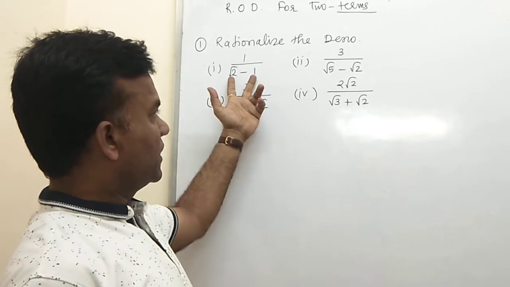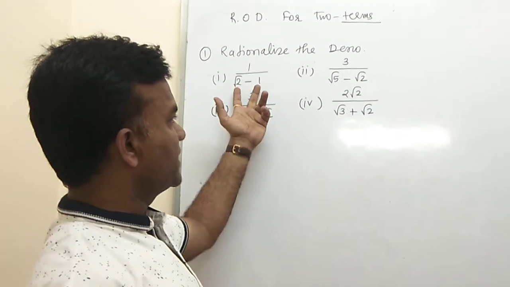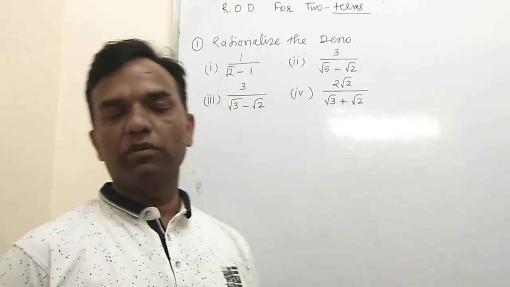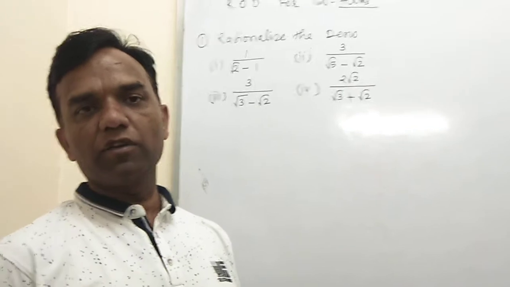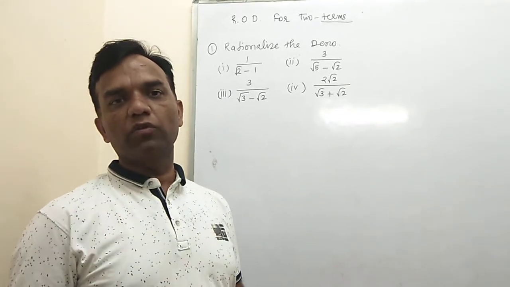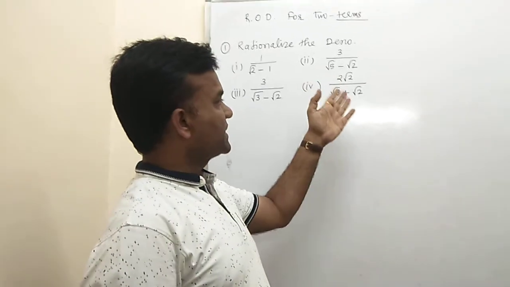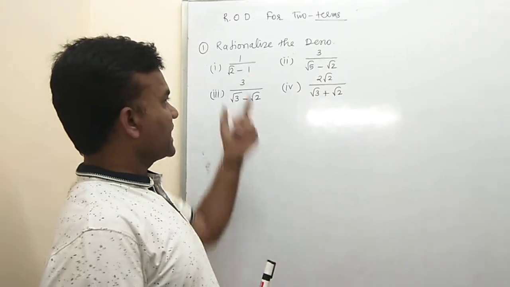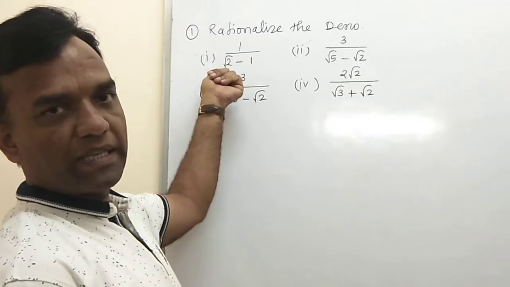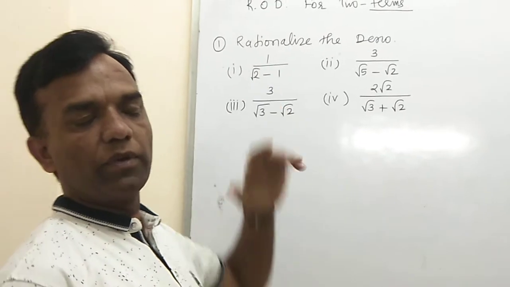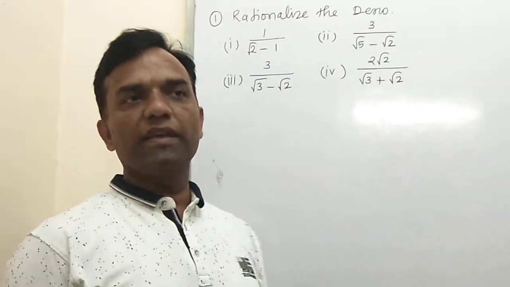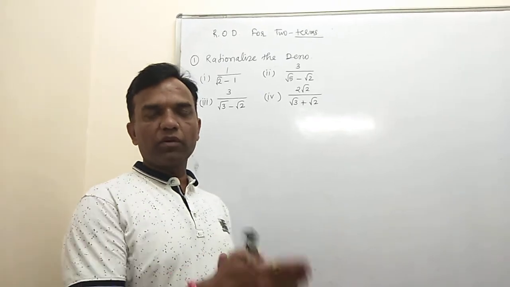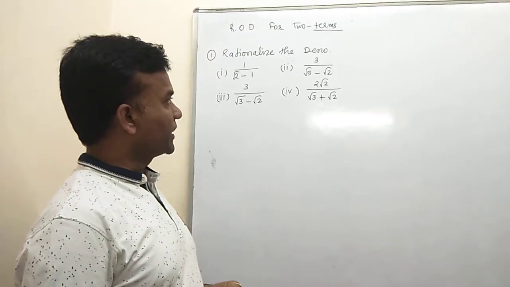First, their sign between the given is, which sign is given between two numbers. Suppose plus sign is given, then you in rationalizing factor you use the concept of conjugate, then you do the minus sign there, and if minus sign is there you use the concept of plus sign. Okay, so between sign is important, not first number sign, not the second number sign is important. Between two numbers we have suppose any type of sign, then you change the sign and then multiply in the denominator and numerator, you got the solution of the questions.